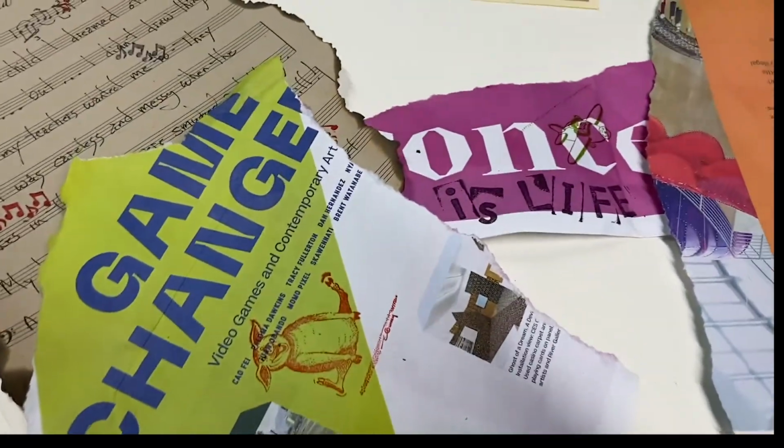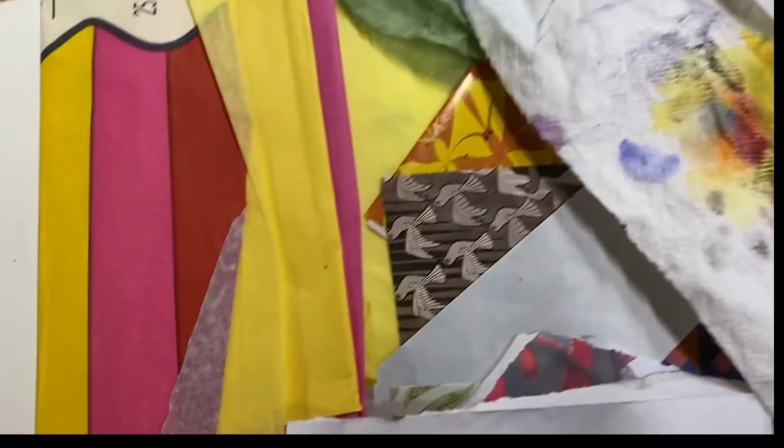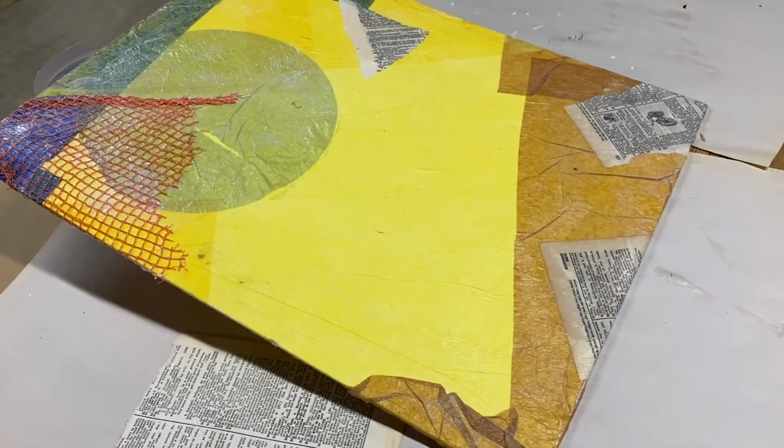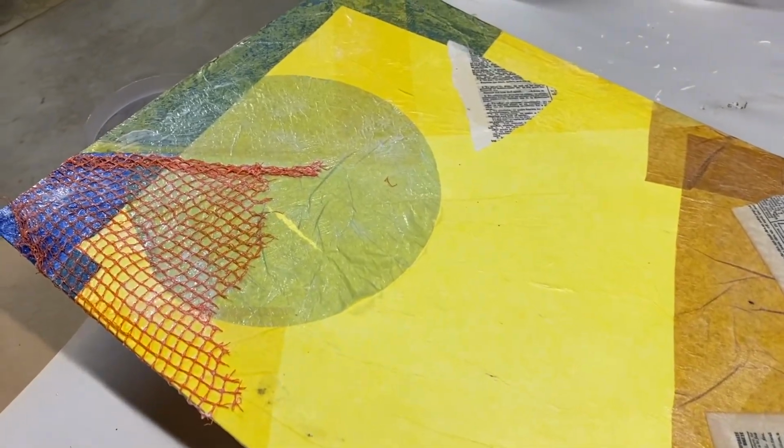The next thing that we're going to do, after we've collected parts that we'll be gluing on top, is we're going to pick a color of a tissue paper and glue that onto our surface as a background to get us going. Without worrying too much about a plan, continue gluing down elements, keeping in mind the quote